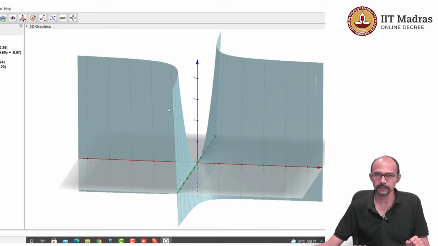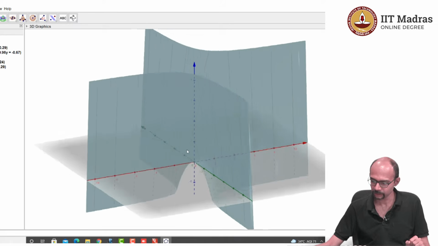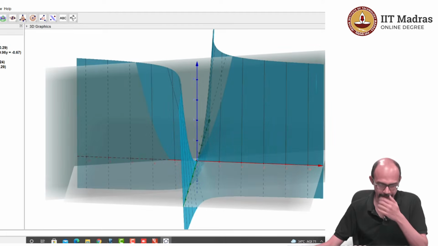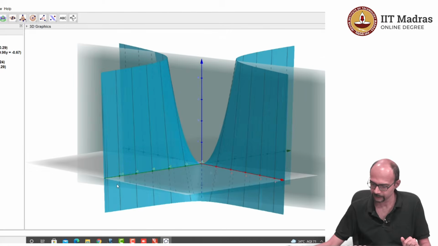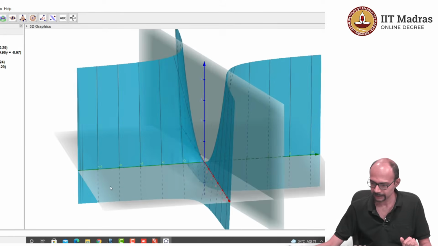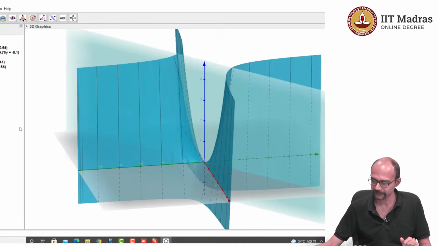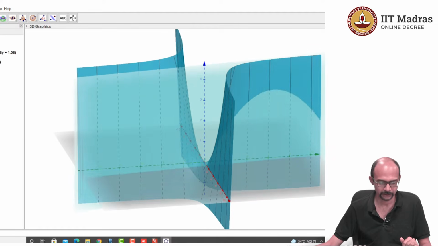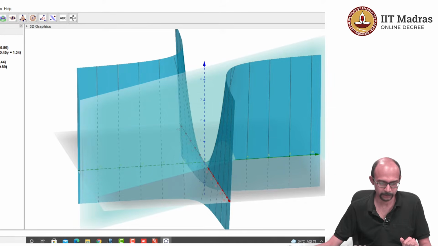So, here is the function xy. This is how the graph looks like. We have seen this function before. Let us look at what happens to the point (1, 1). So, if you look at the point (1, 1), let us take a plane passing through that point. So, this is how a plane passing through the point (1, 1) looks like, and we can vary this plane. So, if you vary this unit vector, accordingly the plane is going to vary. So, these are many of the planes passing through that point,